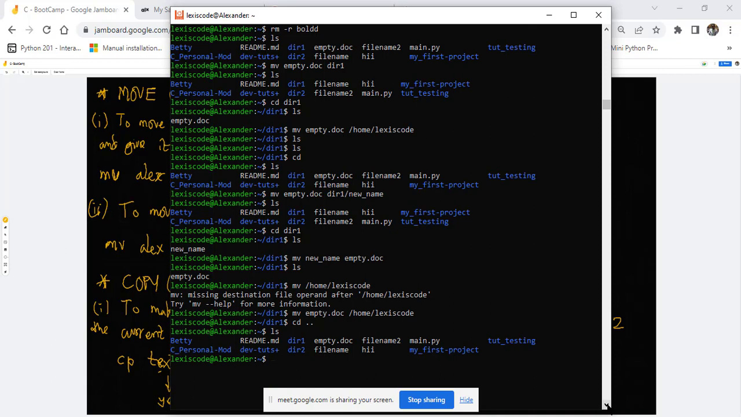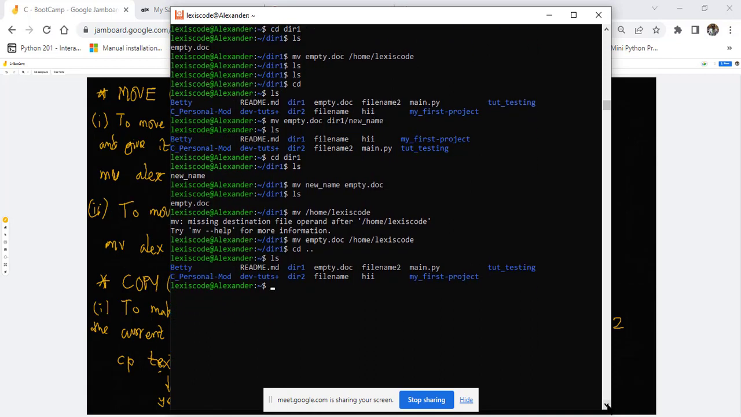Okay. So lastly, we are going to talk about the aspect of copying. For the aspect of copying a file, which is cp,